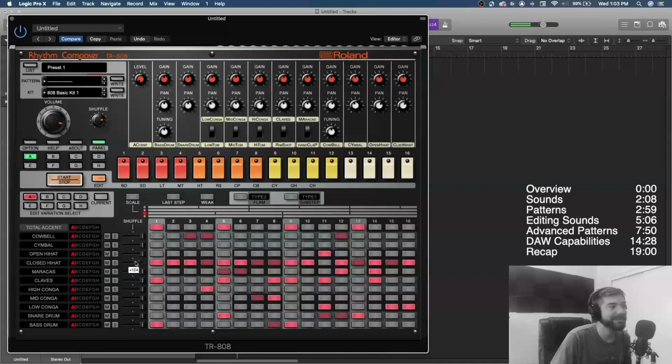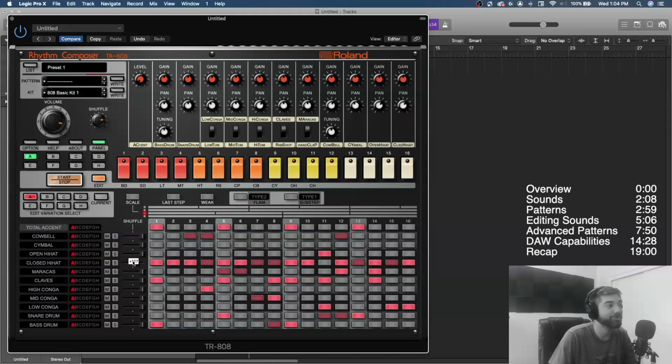we can have, let's say we want our hi-hats to be straight, no shuffle, right? We turn this all the way down to 0. All the other tracks are going to be shuffled. However, our hi-hat is going to be straight. You hear that? Just straight 16 notes. So we can make some pretty cool patterns just messing around and changing the shuffle amount